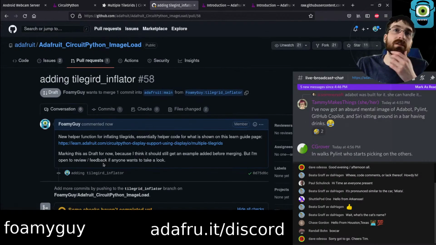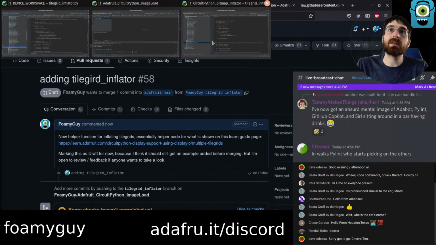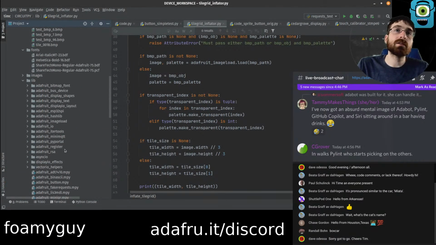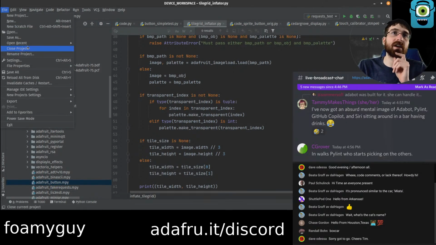All right, so we made it a draft. Okay, so now let's do our new button. I think this one probably should just go inside button, but right now display button is a single file.